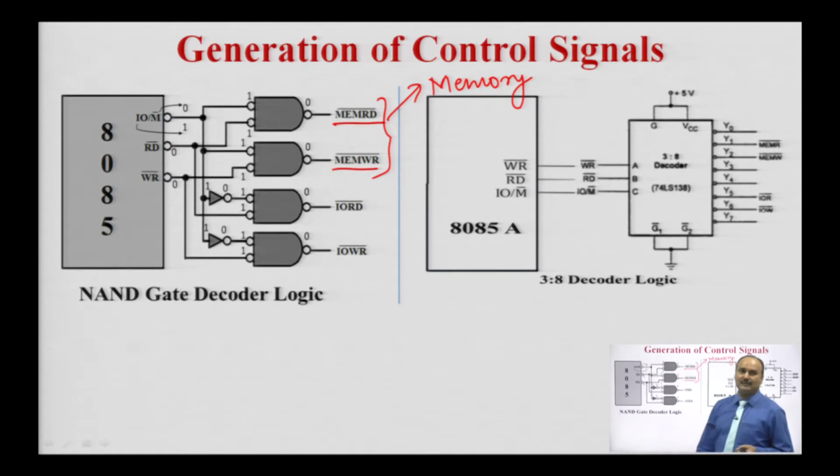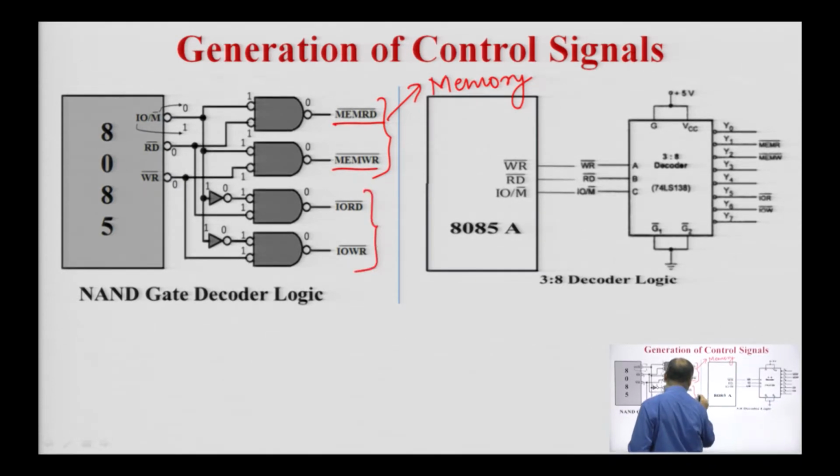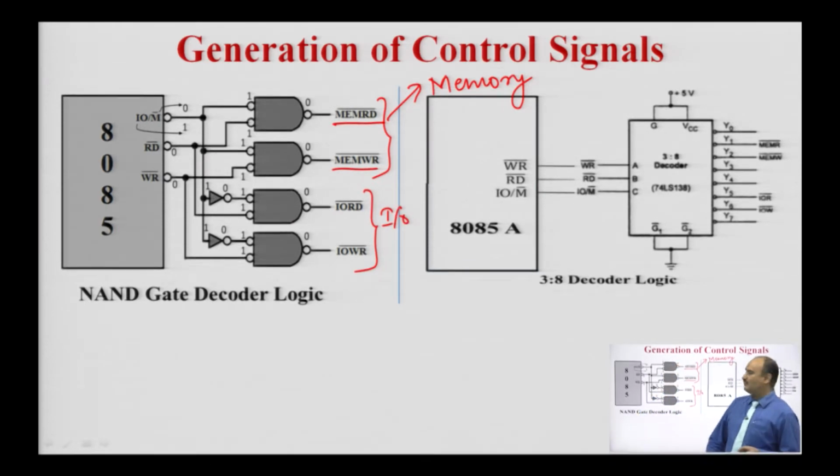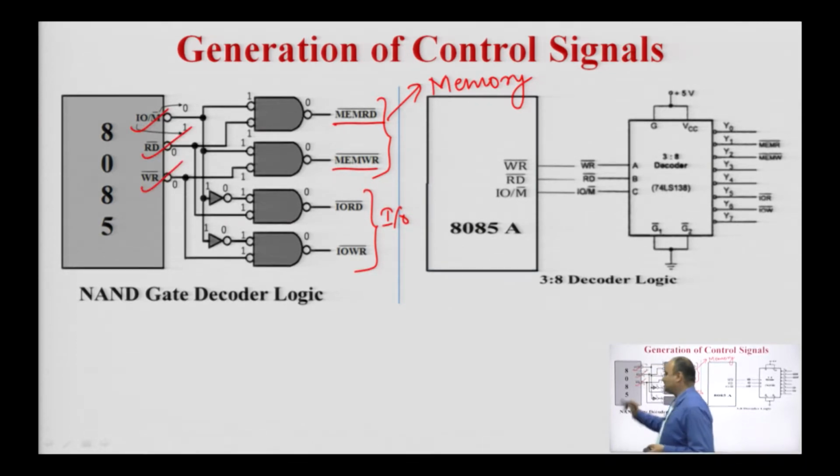The remaining two signals are the input output read and input output write. These are the input output related control signals. These four signals, that is memory read, memory write, input output read and input output write control signal, can be generated with the help of input output or memory, read control signal and write control signal of 8085 microprocessor. To generate these control signals,